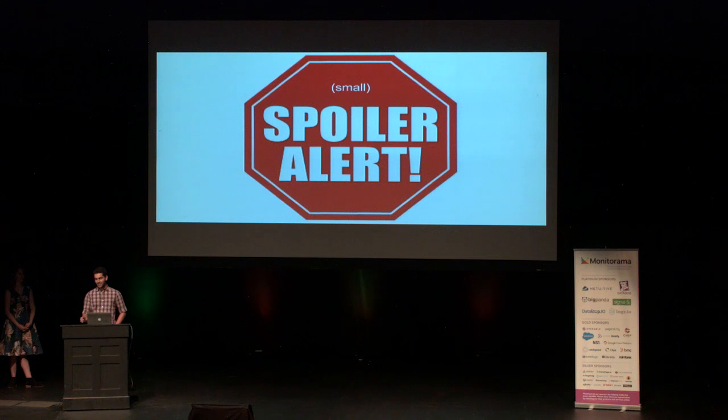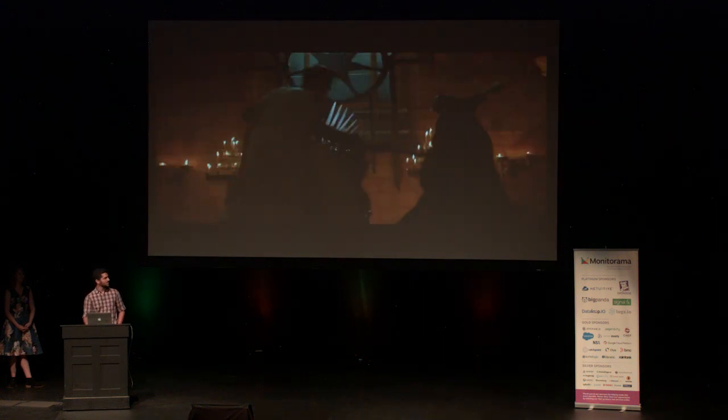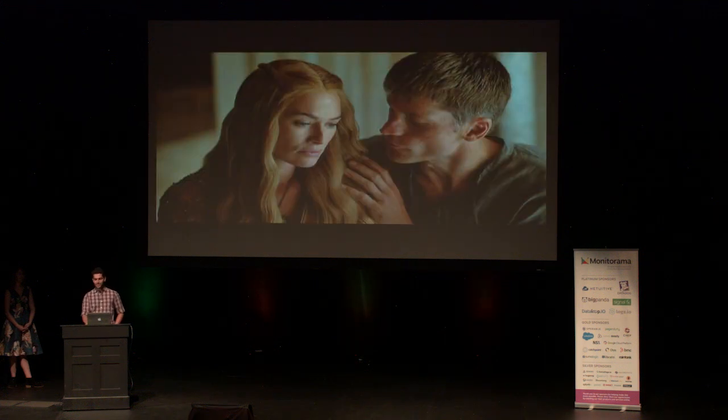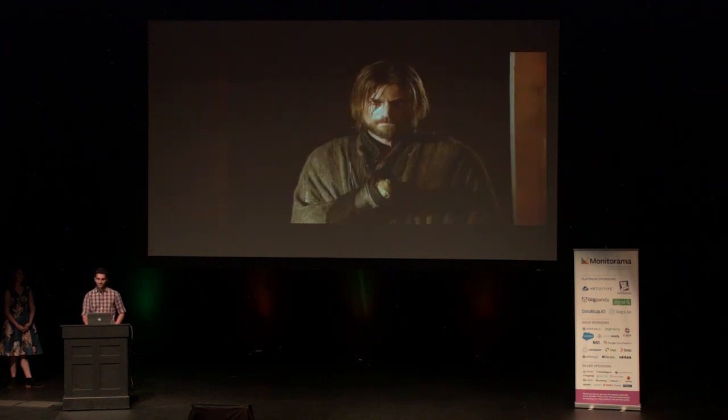If you haven't watched through season 3 or read the books, then cover your ears and eyes for a moment because there's some minor spoilers coming up. I left some details out of my description of Jaime Lannister. I didn't lie. He did serve as personal bodyguard for the king until he stabbed him in the back. He did love his family so much that he fathered some kids through his sister. He was one of the best swordsmen in the land and protected the innocent until his right hand was cut off for trying to save a woman from bandits. He was known throughout the land, infamously, by the name Kingslayer.